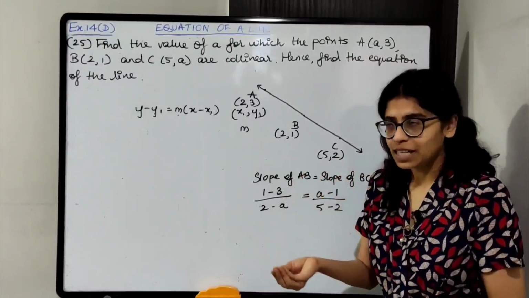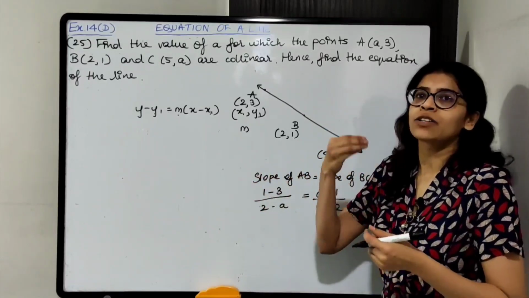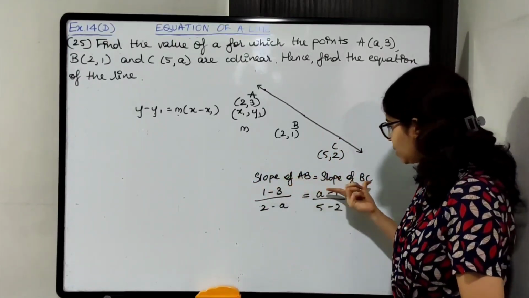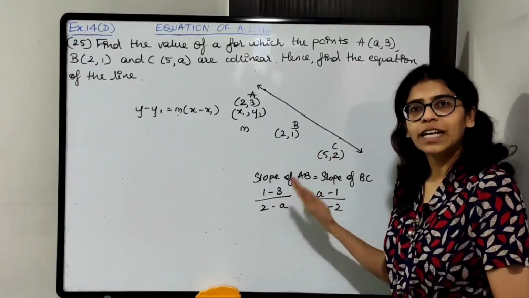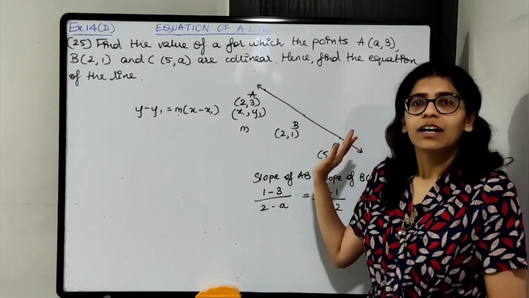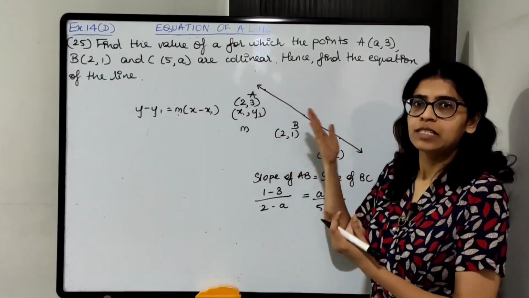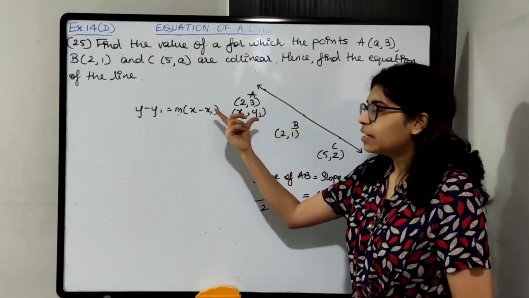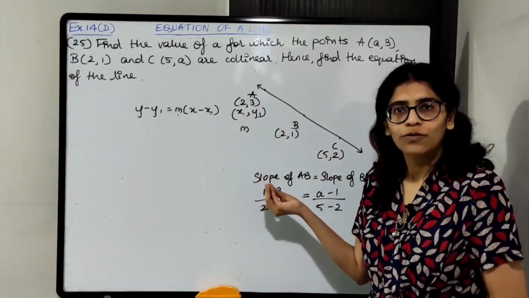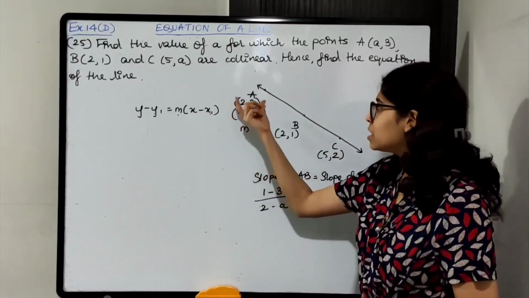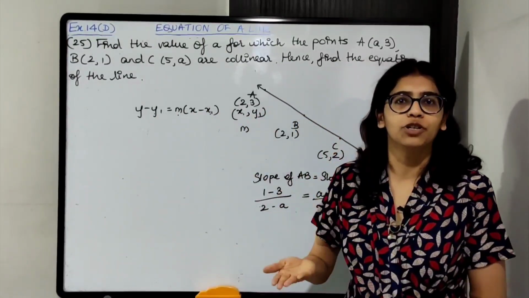Okay, so I'll repeat. AB, BC, AC सबका slope same होगा because they are parts of same line. So take AB equal to BC, slopes are equal, equate करो, solve करके you will get a का value. Once you get a का value, you will know the coordinates. So consider any 2 points. I'll be considering A and B. Slope find out करो AB का. Okay, line का slope मिल जाएगा. Once you get the slope of the line, you have m. Consider any 1 point का coordinates as x1, y1. Put the values and find out the equation of the line.